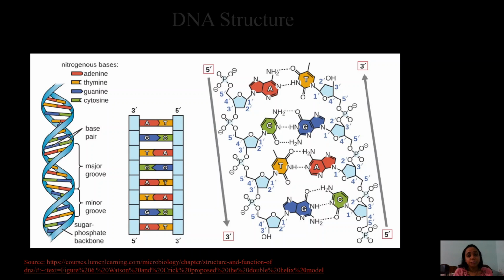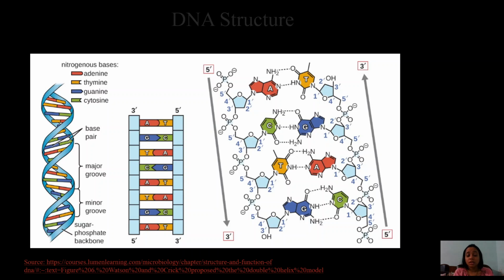You can see how beautifully this structure has been designed. The nitrogenous bases are attached to the sugar molecule at the first position of the sugar molecule, whereas the phosphate leads to the chain called 5' to 3', in which the 3' oxygen of a sugar molecule is attached with the 5' phosphate of the other sugar. So sugar, phosphate, sugar, phosphate, sugar, phosphate, it is basically forming a backbone of the DNA structure.